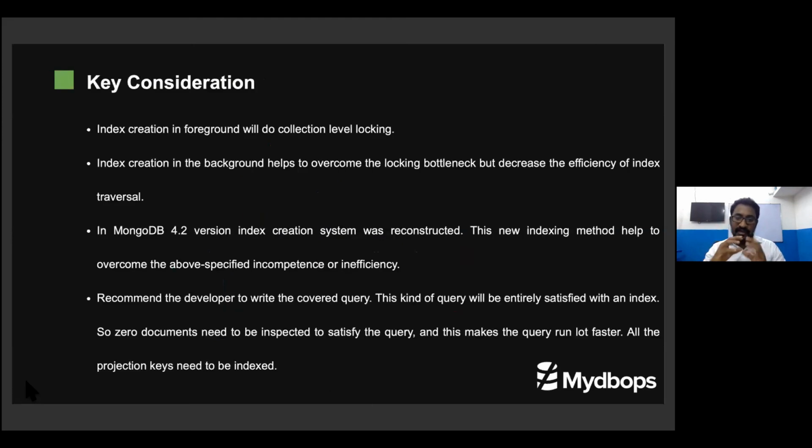But in some cases, you are not requesting the other information which is present in the document. You can say, I need only this information. Using the projection condition, you can specify it, and you can get all the information from the index. So nothing will travel to the actual document to access the data. This is one important thing people need to understand.